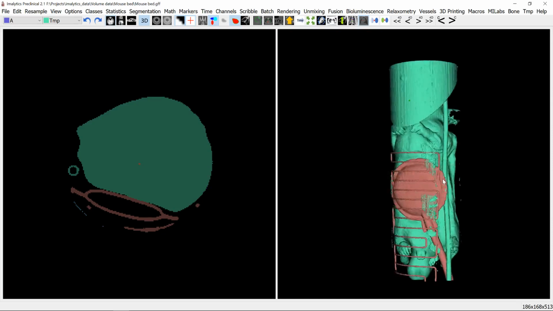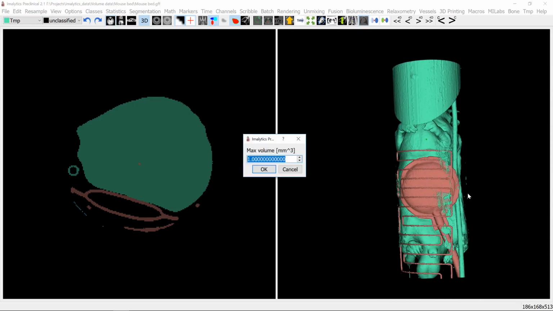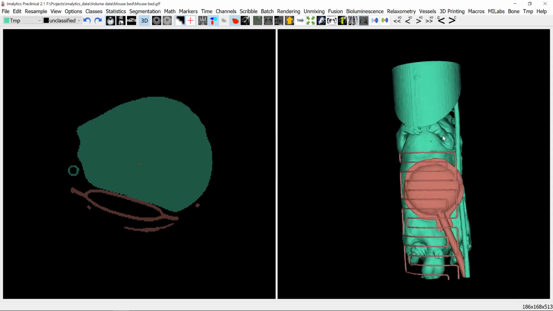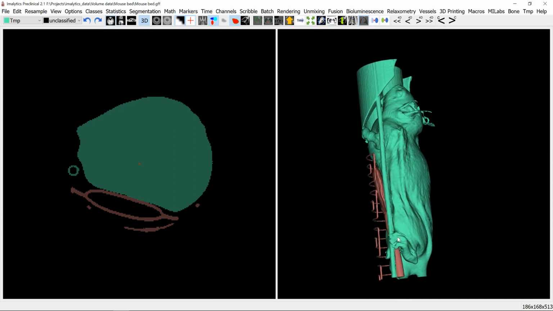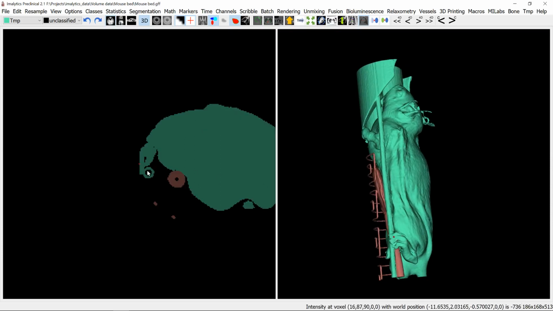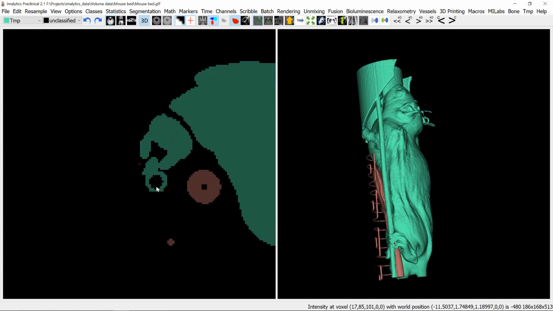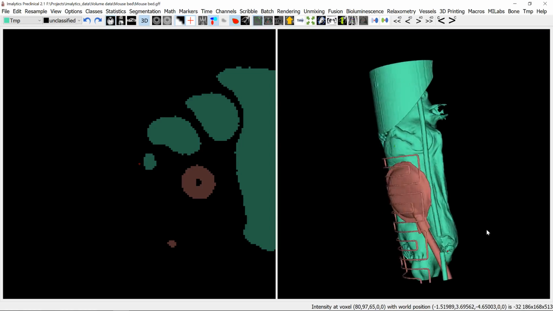Now again we have some small stuff left over, so let's use find small components again with a little larger volume, 11, to get rid of the small components. Now what's left here is this tube here, that's for the anesthesia, and the part of the bed here. So the tube is unfortunately connected here to the mouse at some points, but to clean that up we can use the scribbles, surround it here, go further until it's free again, surround it here, and press F2, and in the 3D view here you can see that